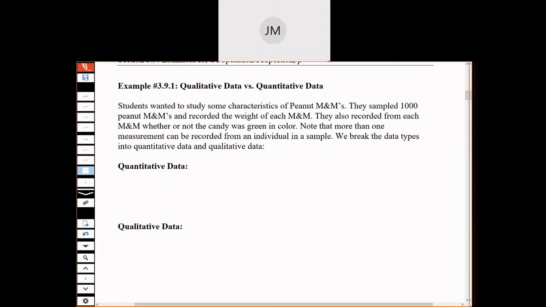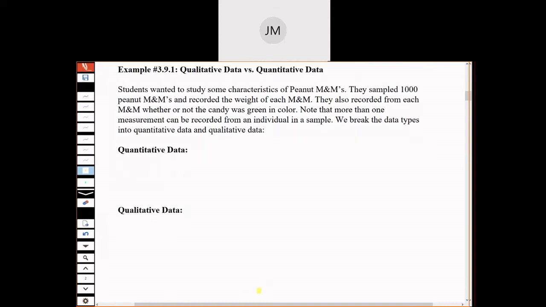Okay. Note that more than one measurement can be recorded from an individual in a sample, right? I can look at an M&M and I can look at more than one piece of information. So we're going to break the data types into quantitative and qualitative data. Right? So what we want to do is look at what it is we're talking about, and identify what are the pieces of information that we're working with. Okay. So for the quantitative data,